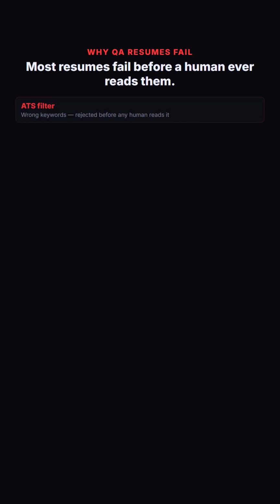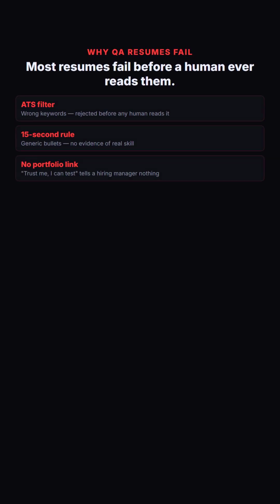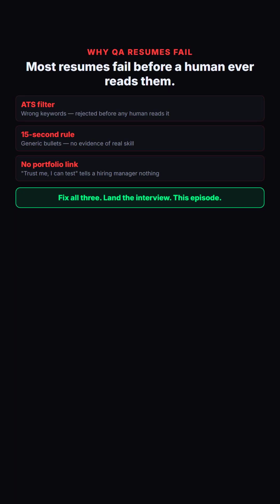Most QA resumes fail before a human ever reads them. They get filtered out automatically by an applicant tracking system, a piece of software that scans resumes for specific keywords and scores them against a threshold before any human involvement. And the ones that make it through the ATS filter often get rejected in 15 seconds because the content on